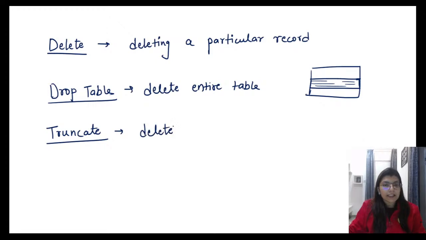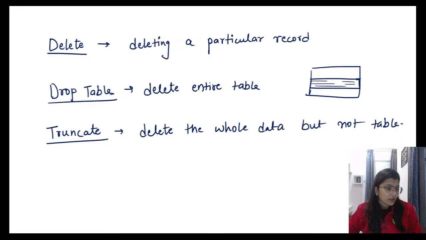Okay, truncate will delete the whole data but not the table. Truncate removes the entries of the relation but the structure of the relation remains unaffected, correct? Okay, and what will purge do? You will use purge with drop table. Okay, when you use purge with drop table,